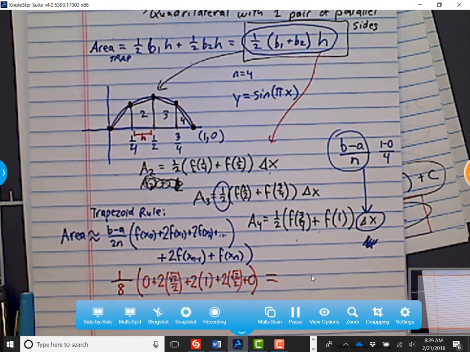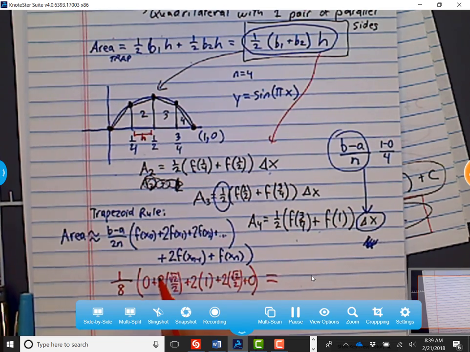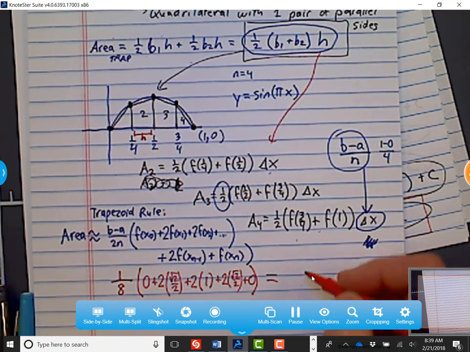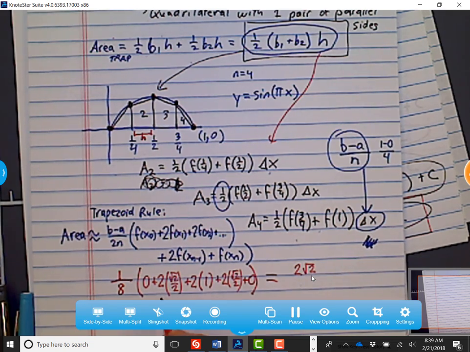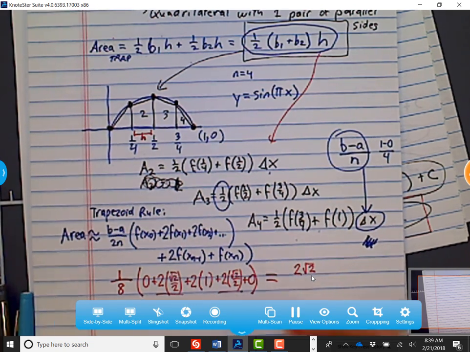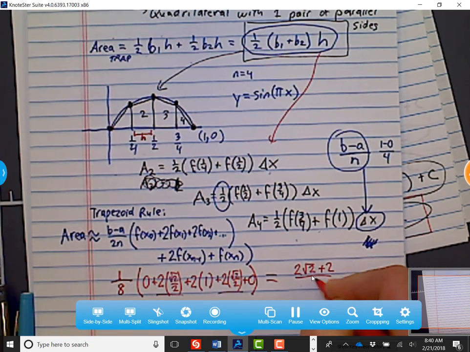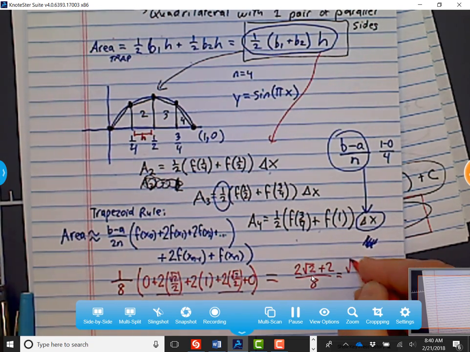Let's write out what that is. Well, okay. Actually, the 2's cancel here and here. So I just get 2 radical 2, because I got 1 here and 1 there, plus 2 over 8. So that's radical 2 plus 1 over 4. That's not a bad